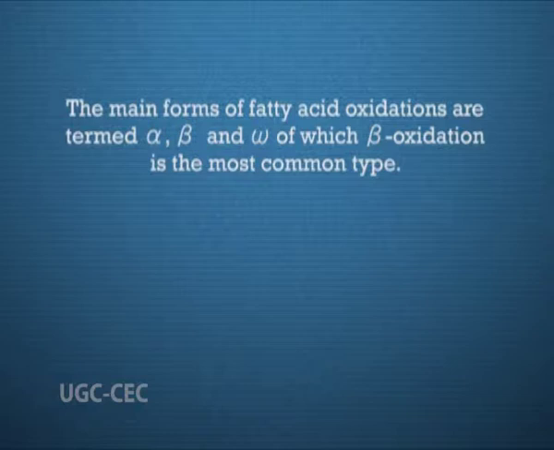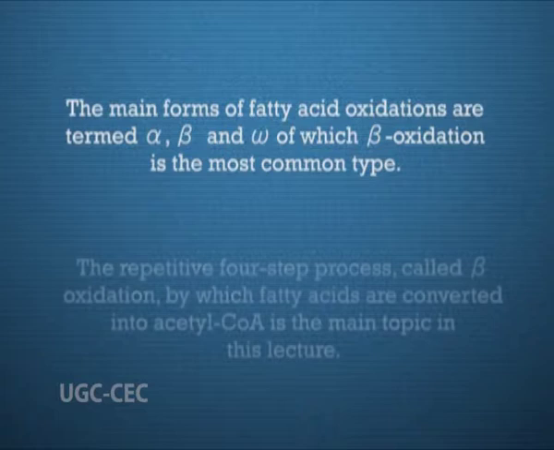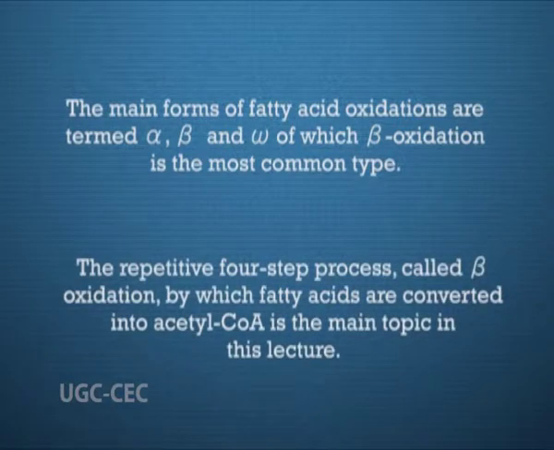In mammalian heart and liver, for example, it provides as much as 80% of the energetic needs under all physiological circumstances. Although the biological role of fatty acid oxidation differs from organism to organism, the mechanism is essentially the same. The main forms of fatty acid oxidation are termed alpha, beta, and omega, of which beta oxidation is the most common type. The repetitive four-step process called beta oxidation, by which fatty acids are converted into acetyl-CoA, is the main